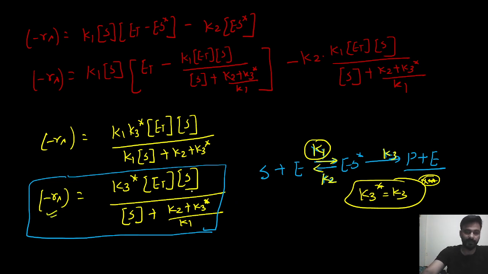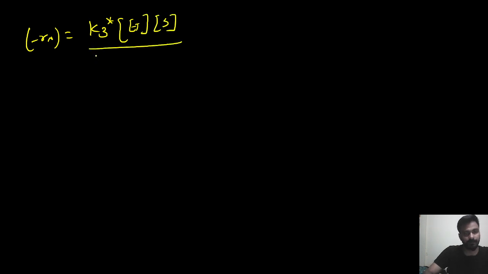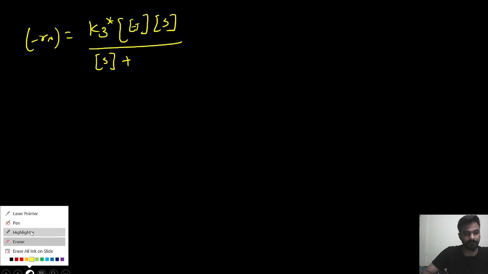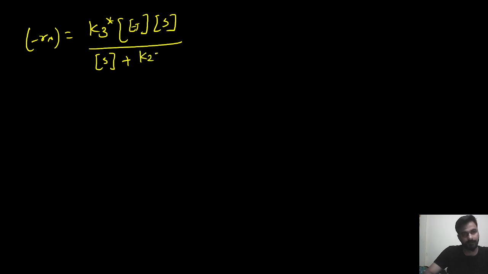Now, coming to different cases for this reaction. If I am writing Rs, it is equal to K3 star, concentration of Et, concentration of S, upon the concentration of substrate plus Km. I am writing it first here, then I will define the value of Km, that is (K2 plus K3 star) divided by K1. So I am going to define one very important parameter, (K2 plus K3 star) divided by K1, that is called